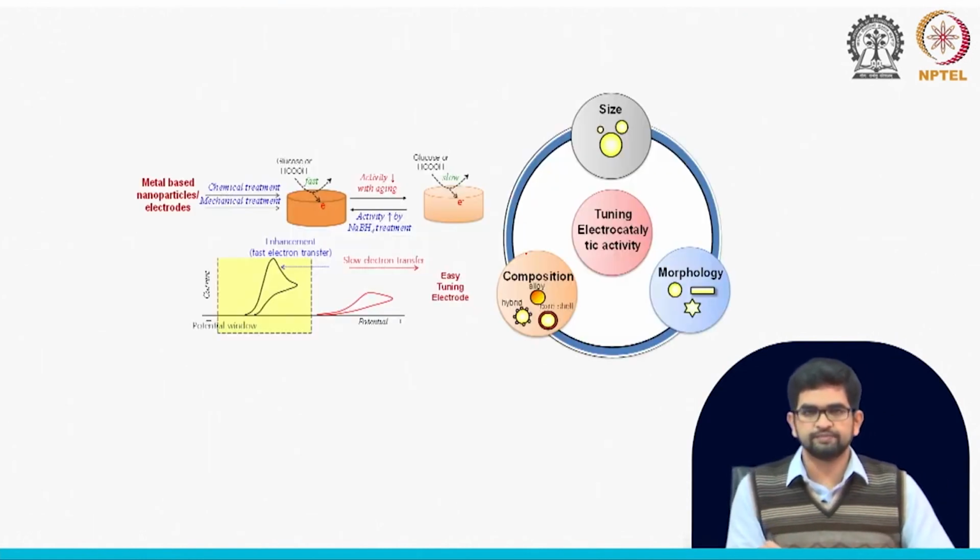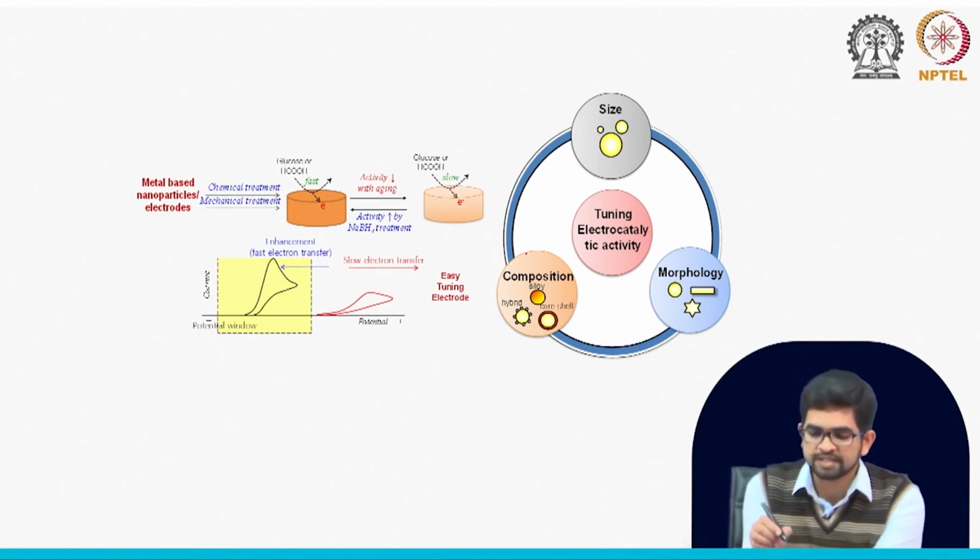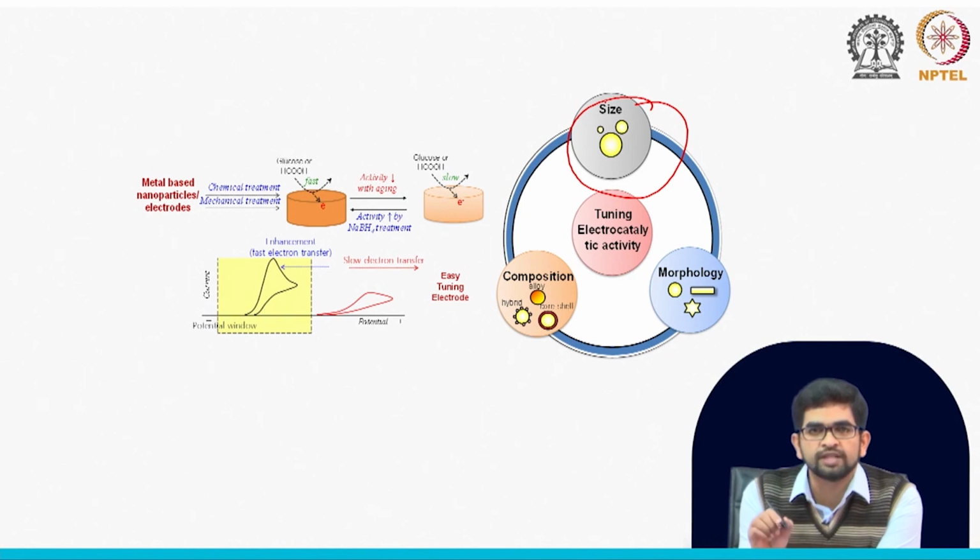Let's come to the tuning. Today I will cover all the tuning methods, again some new topics of tuning. We can tune the electrocatalytic activity based on different sizes. The size of the nanoparticle can also impact the electrocatalytic activity. Sometimes different sizes of nanoparticle have different activity. Also, sometimes spherical, sometimes rod, sometimes ribbon shapes have different surface areas and different activity. So based on this we may control